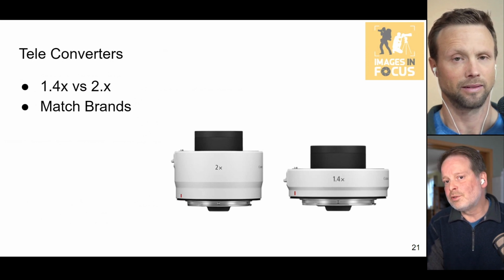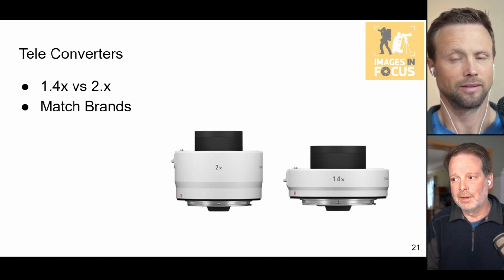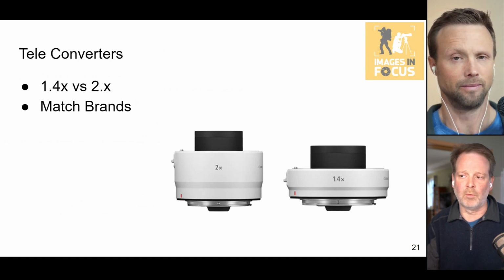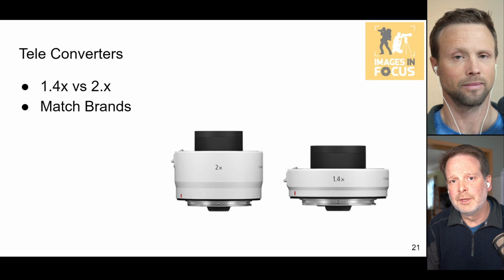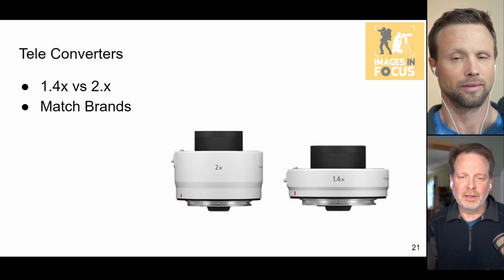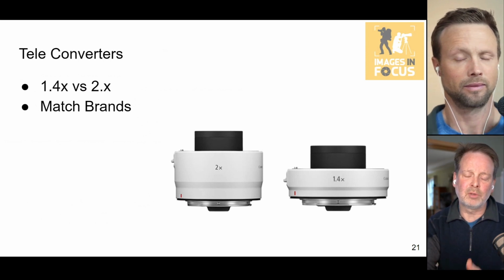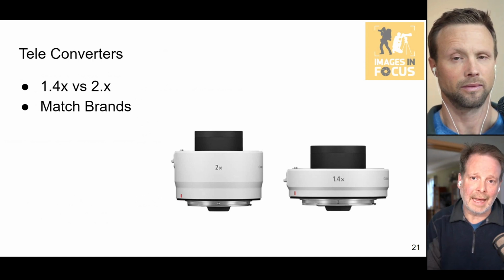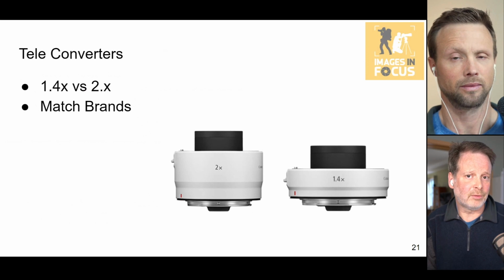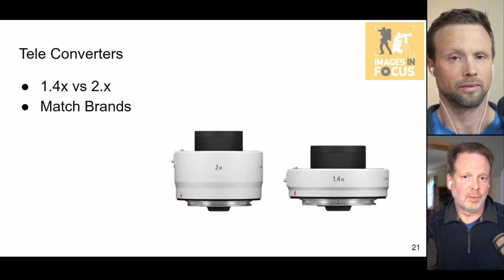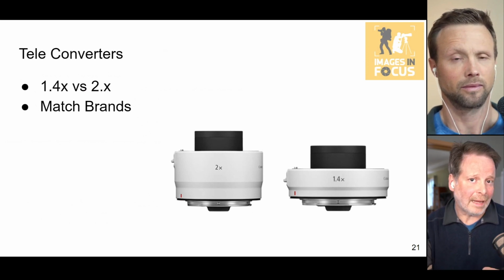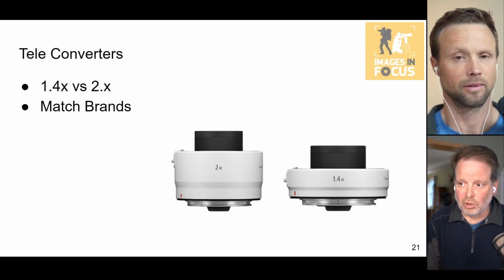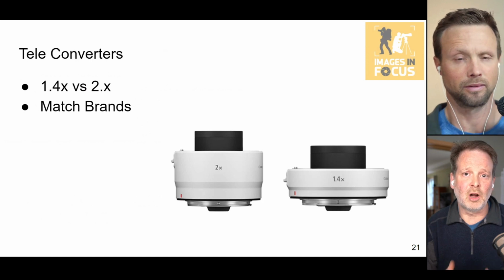Teleconverters do increase the magnification of your lens. They come in designations that you'll see very often: 1.4, 1.7, or 2. All you have to do is multiply the focal length of your lens by that number. So a 2x teleconverter, if you're shooting with a 600 millimeter lens, will convert it into a 1200 millimeter lens. However, there are some drawbacks, some compromises that you're going to